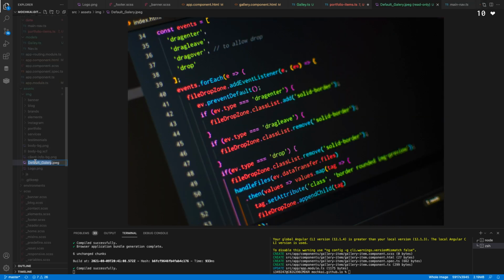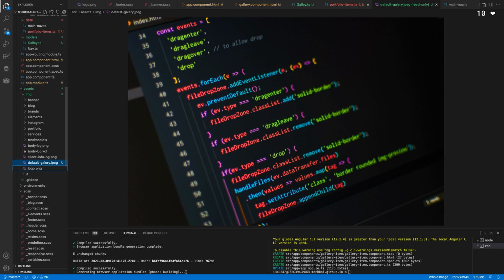Actually, I don't like this naming convention. Let's make it small case d, and yeah, I think I like this one better for images. This also reminds me, let's do that for the logo as well. There you go. Okay, so now we have our image that we want to use as a backdrop over here